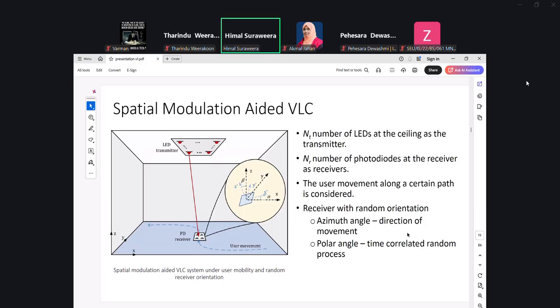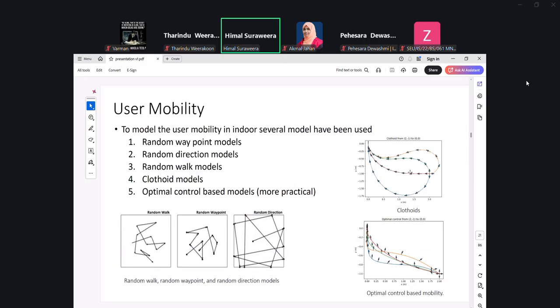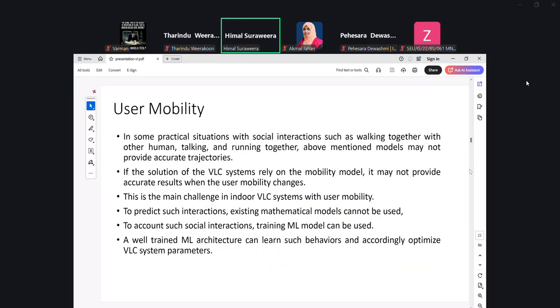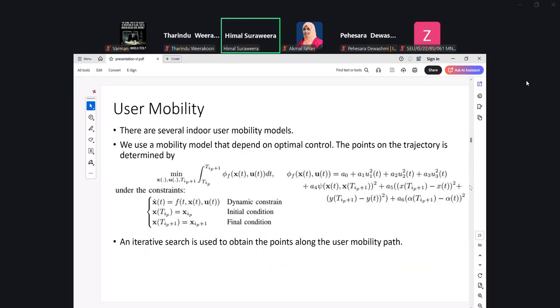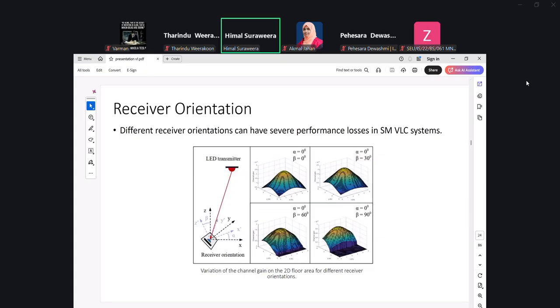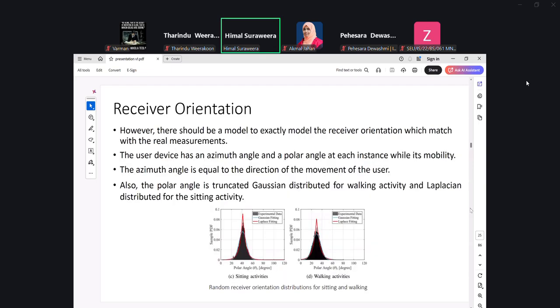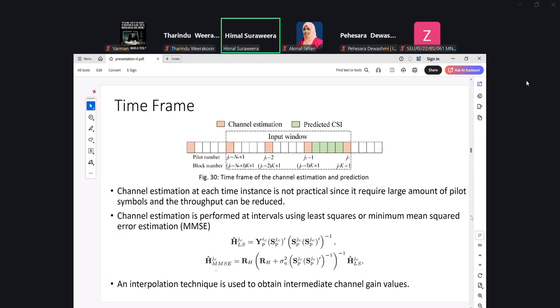I will skip these slides a little because they talk about how we model the user mobility and the random receiver orientations. I'm pretty sure you got a basic idea of the problem that we have solved.